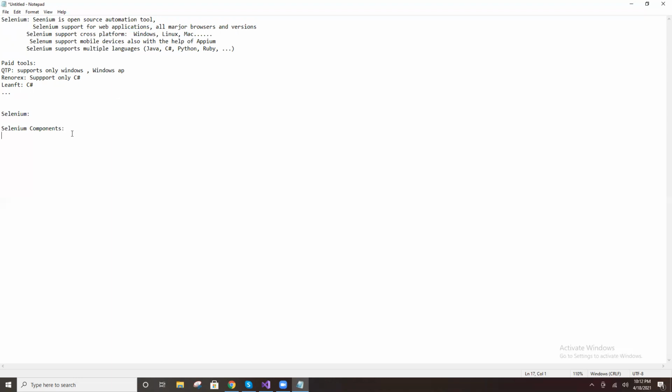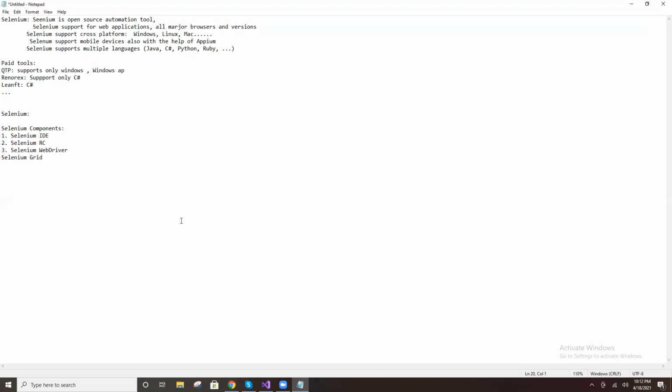The Selenium components available are Selenium IDE, Selenium RC, Selenium WebDriver, and Selenium Grid.